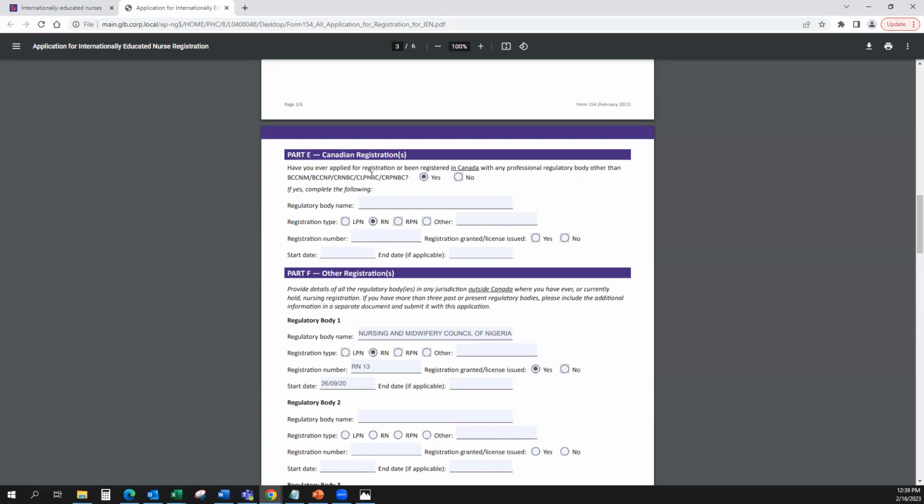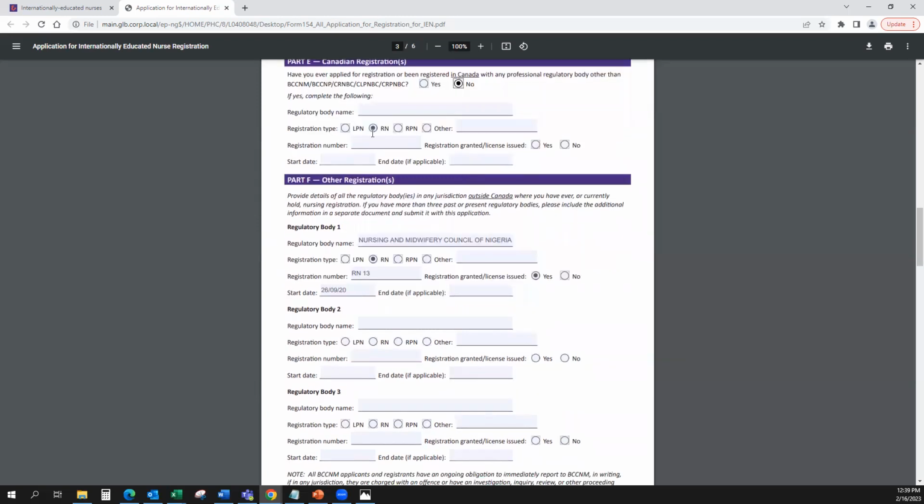Again, have you ever applied for registration or you've been registered in Canada with any other professional regulatory body other than the BCCNM? If you have, you want to click yes. For example, you might have been registered with the College of Registered Nurses of Alberta. You want to put that in there, the registration type, if the license was granted, your start date and all of that, but we haven't been registered with any other body. So I'm going to select no, and I'll proceed to